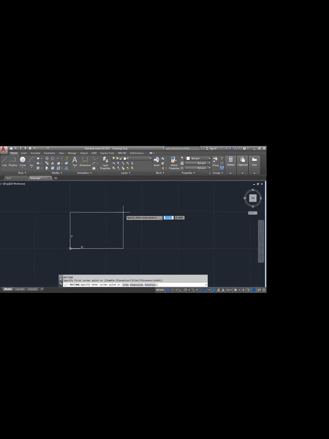If we need width 100, lengthwise 50, enter. What is X and Y? Length and width, okay? And the shortcut of rectangle is REC, enter. Select the first point and provide the dimension in X and Y axis.